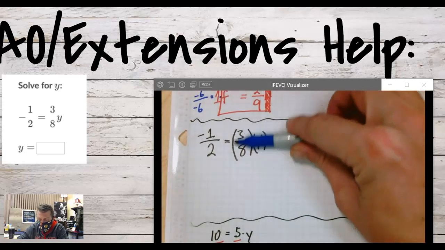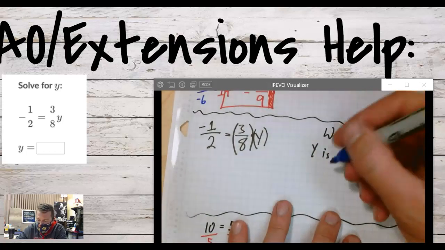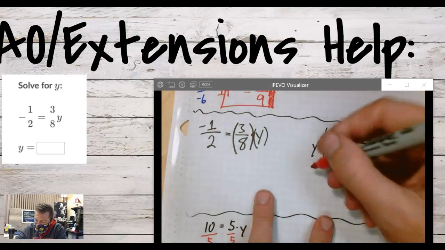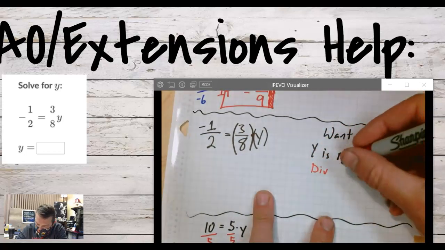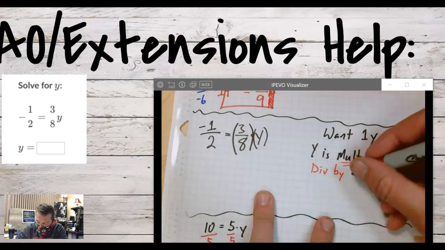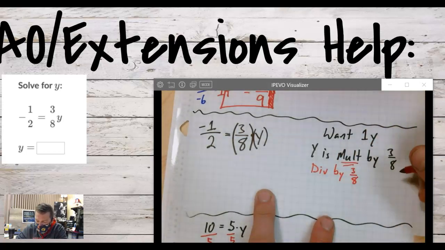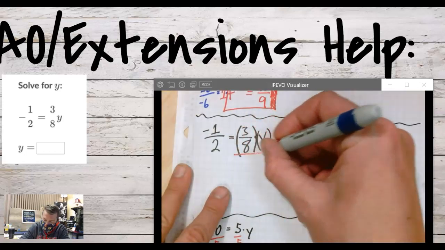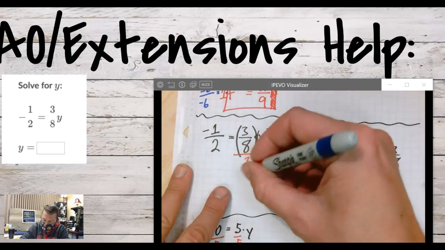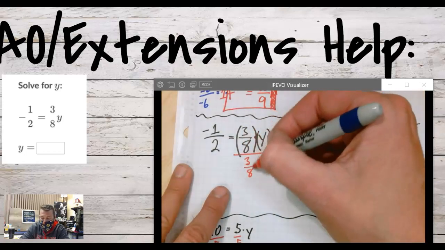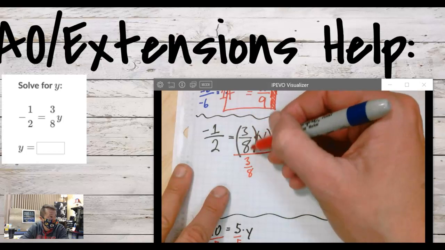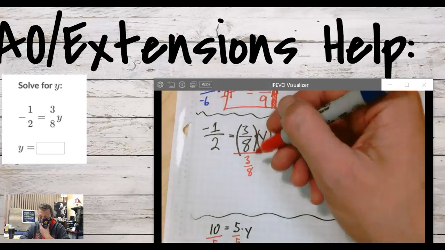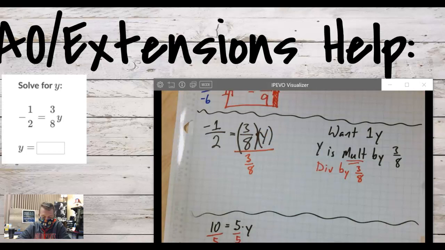Up here, if what we want to do is divide because they multiply, if we want to divide by 3/8, I could, now I'm not saying we want to, but I could draw a big division line and divide by 3/8. But that gets really complicated, right? This becomes like a really big stacked complex fraction. So while we can do this, a better route is to avoid that crazy complicated